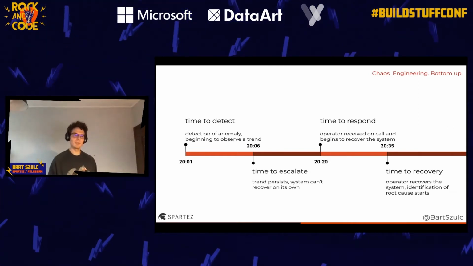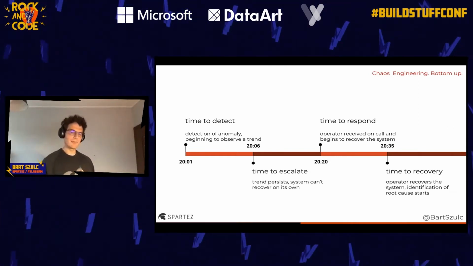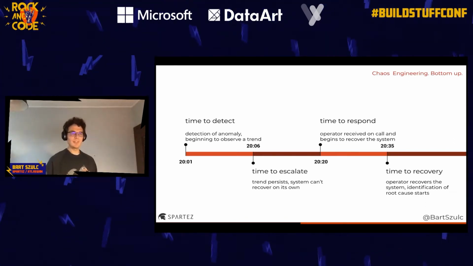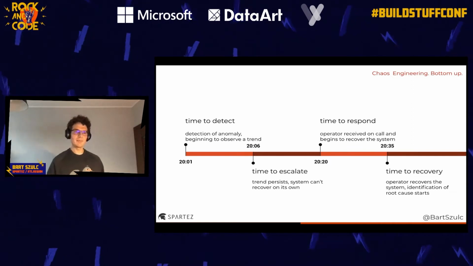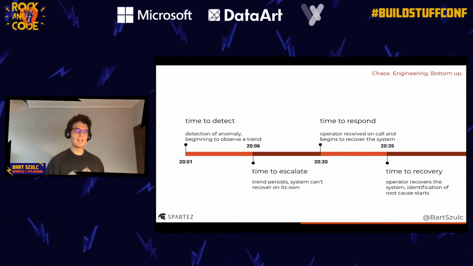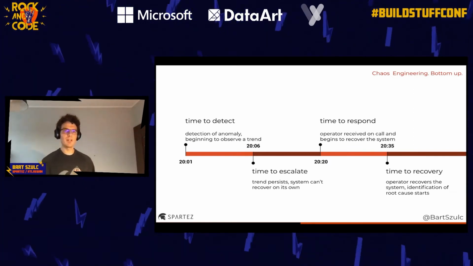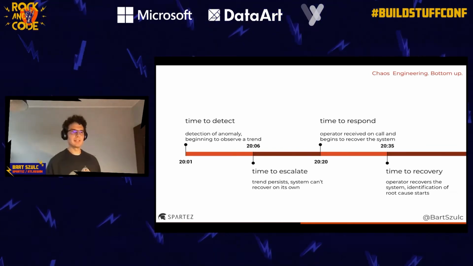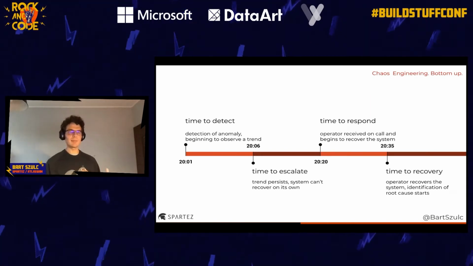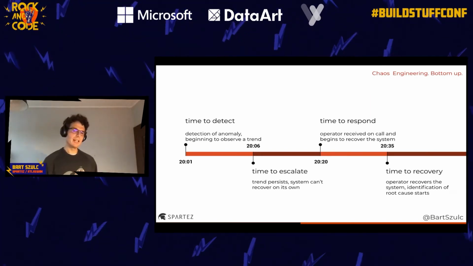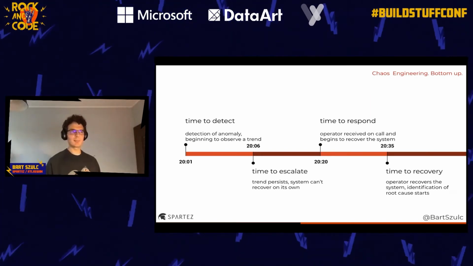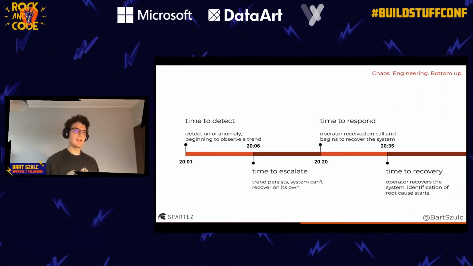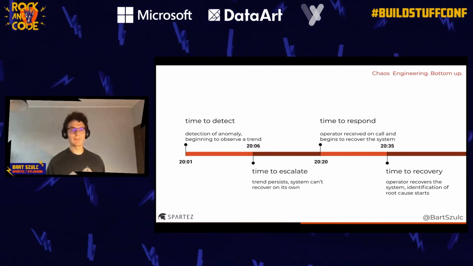So the first thing that we do as part of running our chaos engineering experiments, when they fail, we gather information on how long it took to, for instance, detect that we had a problem, respond to the problem, and recover from that. Those are the times that we are trying to shorten. So in case there are problems on production, we are responding to them and recovering from them very quickly.